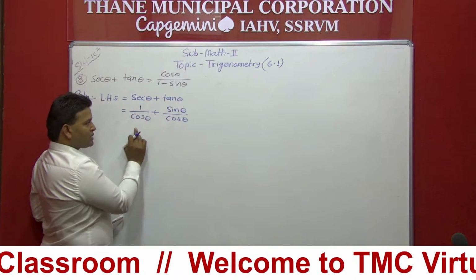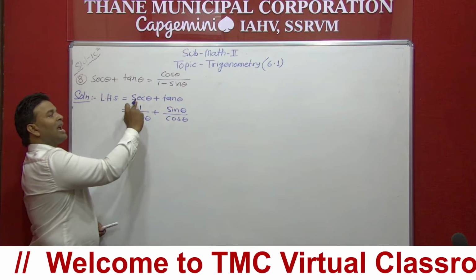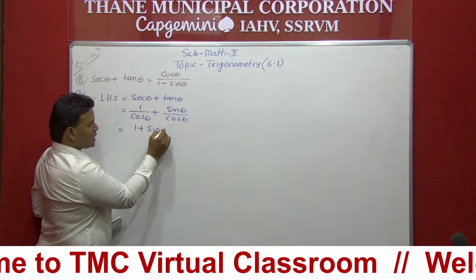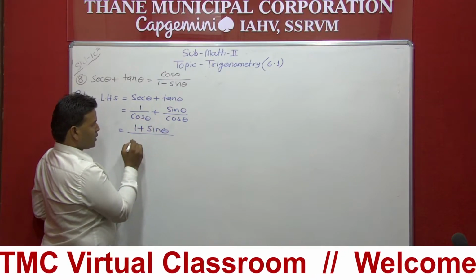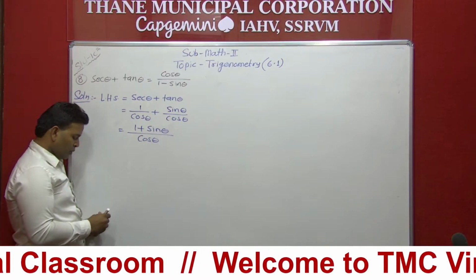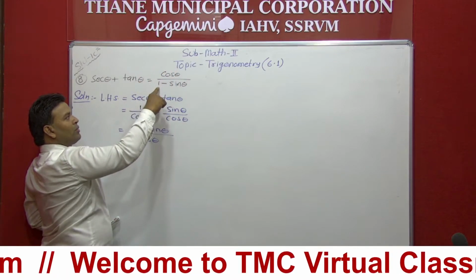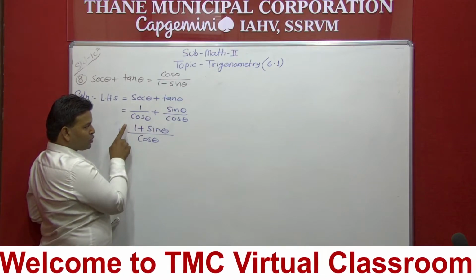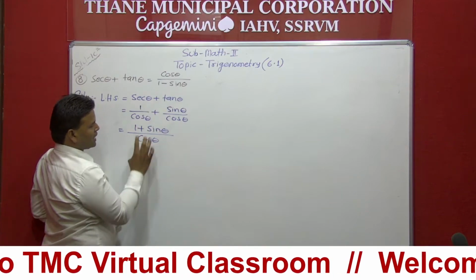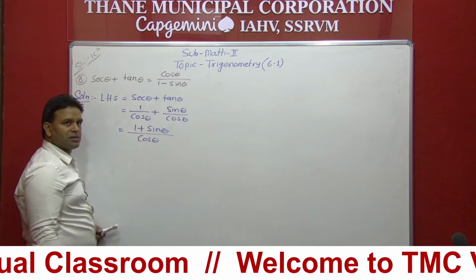Now student, see the fractions carefully. Here in both the fractions the denominator is same. Once the denominator is same, we can add the numerators directly. So here 1 plus sin theta upon cos theta, we will write the denominator once. Now see the question. What are we supposed to find out? Cos theta upon 1 minus sin theta. Here we need this one, but we have 1 plus sin theta upon cos theta. Almost the same term has come, only this should be on top, this at the bottom, and the sign here should be minus.